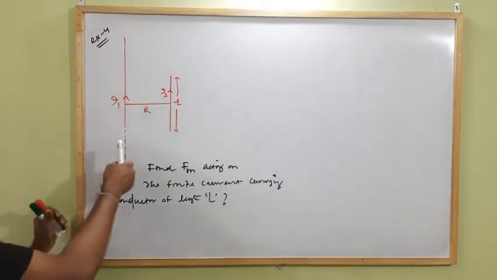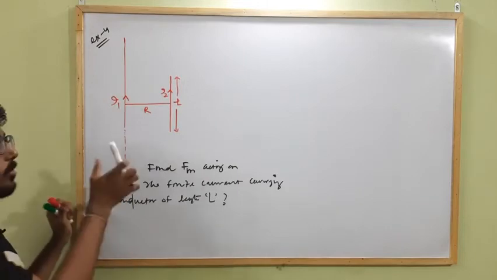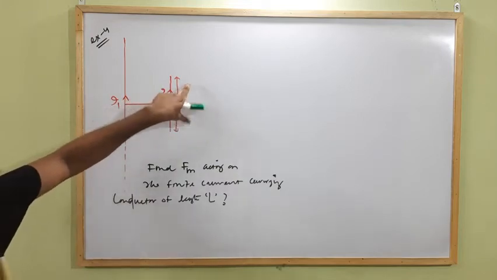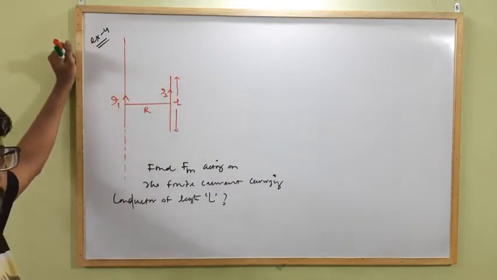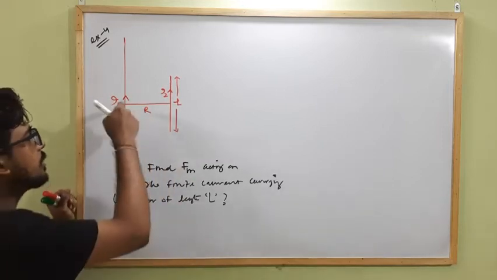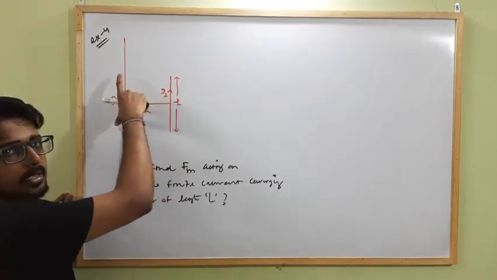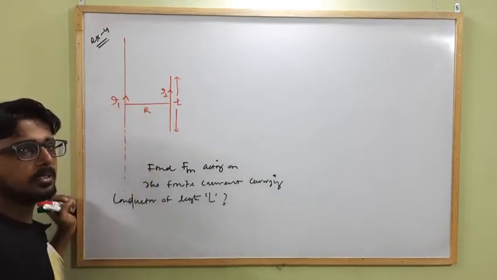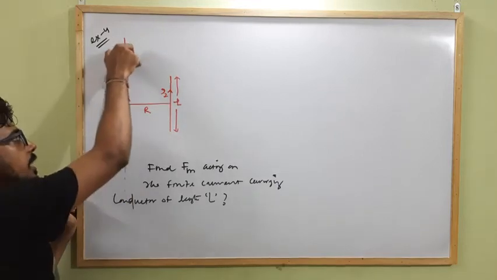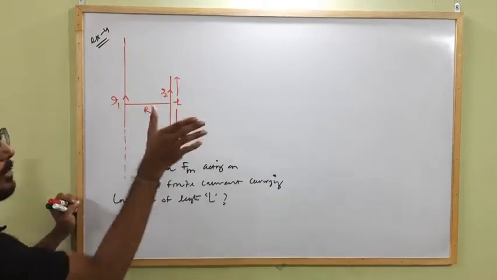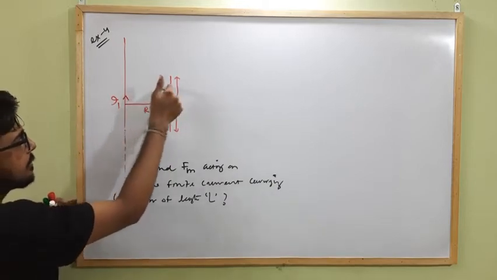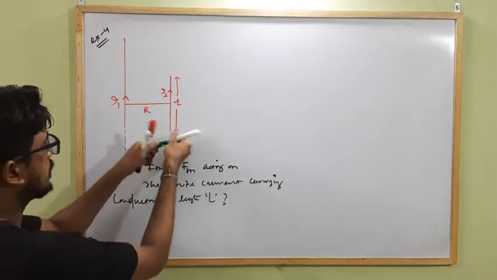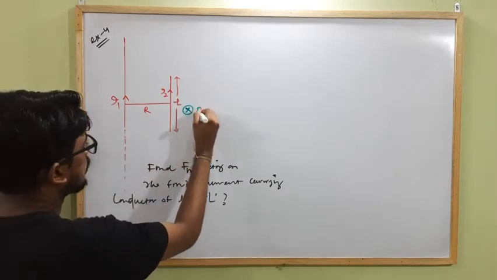Okay, so here is an infinite current carrying conductor, which carries current I1 directed upward, and at a distance R there is a finite length of current carrying conductor of length L which carries current I2. So what is the magnetic force acting on this current carrying conductor due to this current carrying conductor? Because we know when a current carrying conductor is present in an external magnetic field, it will experience a force, and as there is an infinite long straight current carrying conductor carrying current I1, by applying the right hand thumb rule, the magnetic field strength within its region at this place will be into the plane, and the strength let be B1.